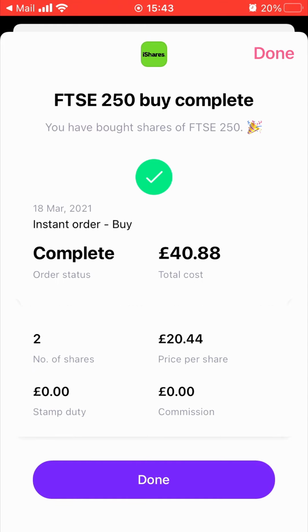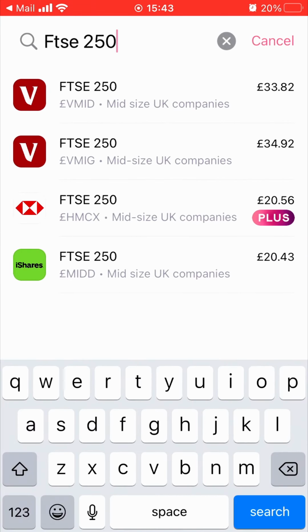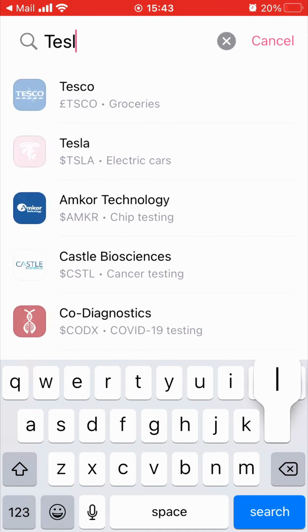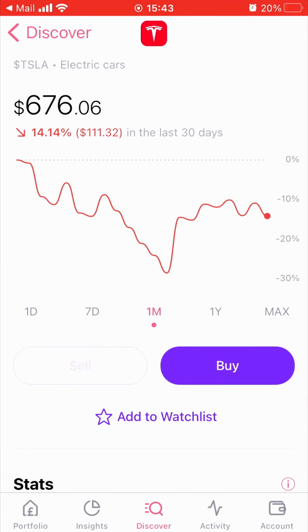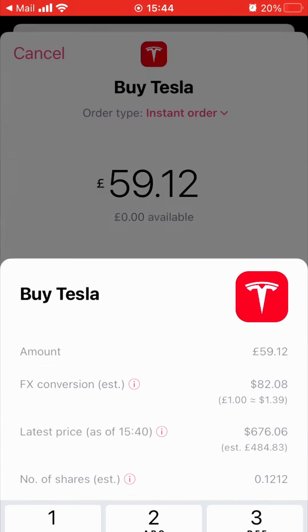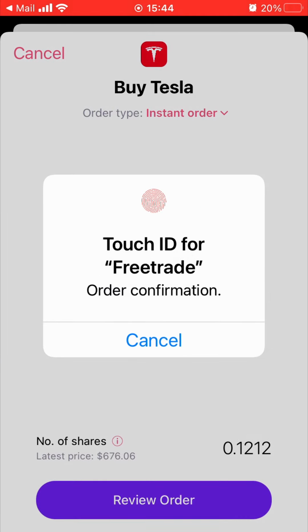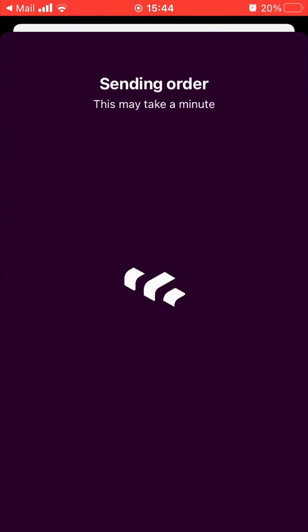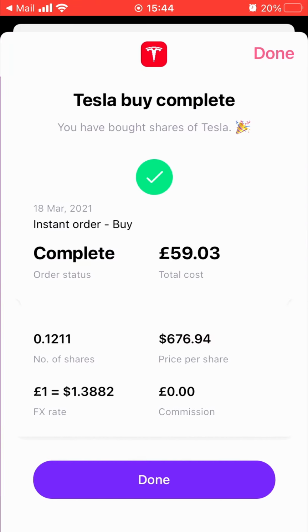Now to buy a company stock. I will look at the US market where there are many great growth companies. I very much like Tesla, so will invest the rest of my money into them. Freetrade does allow fractional shares for the US market, meaning I can invest the exact amount of remaining money into the stock. And there we have it, how to invest into stocks and ETFs.